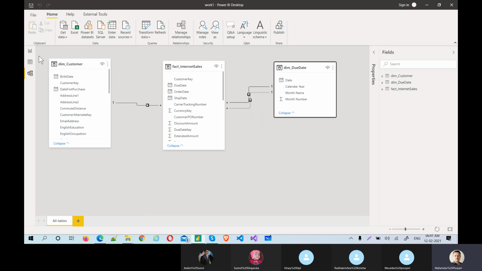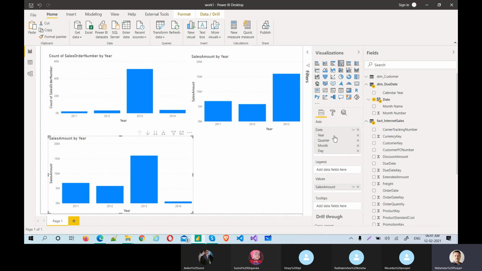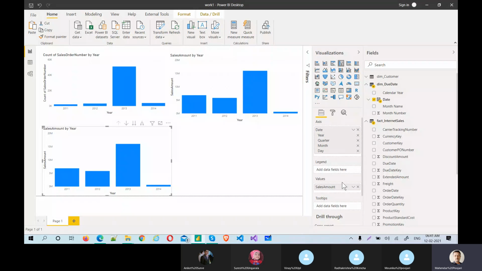Okay, and now what is the difference here? I have used this in the visualization part: the date and the sales amount. But sales amount with the relationship, using the relationship. Where is the measure? We will remove them.